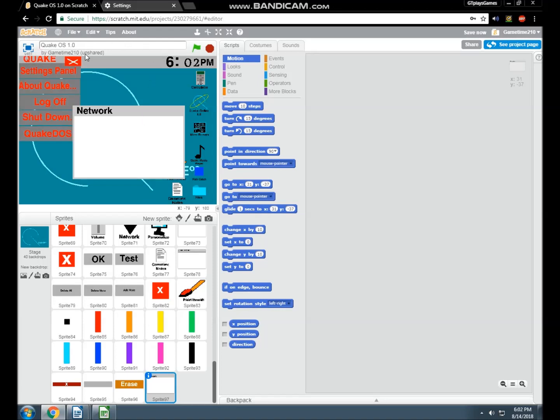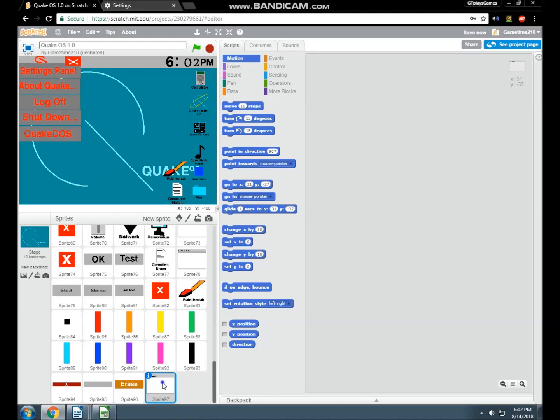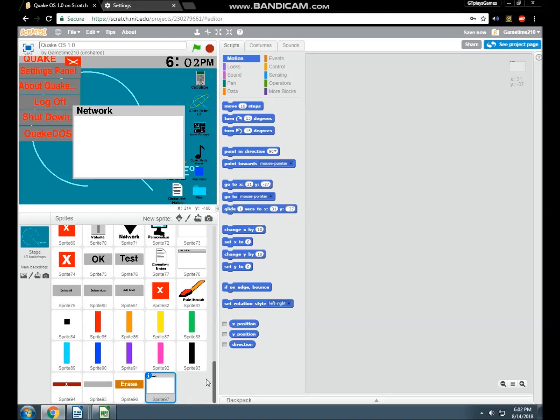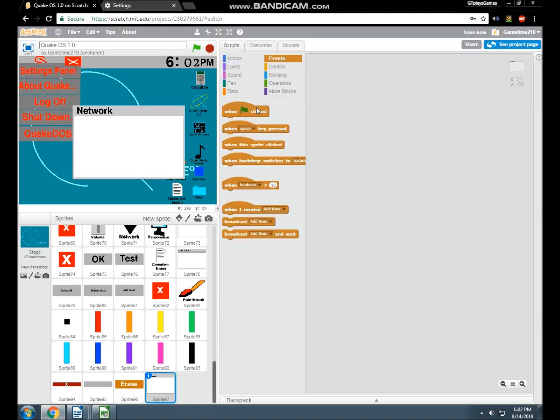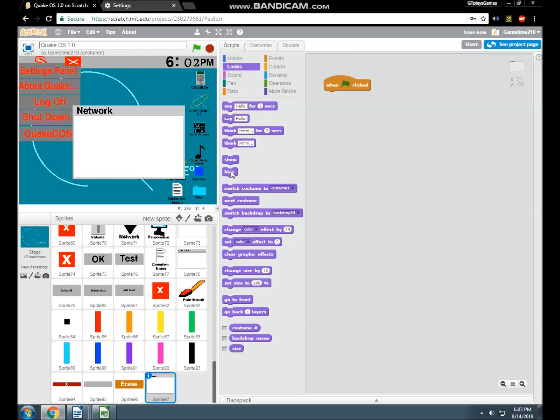Like say you're using an operating system and you don't want to go every time you're using a window just to go there and just type in codes to say hide, or in this case just click hide right here. We don't want that. So what we do, we're going to first start off with a start button and a hide. So basically what this does, when you click this, it hides it.